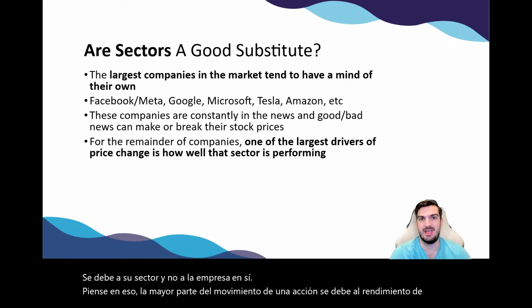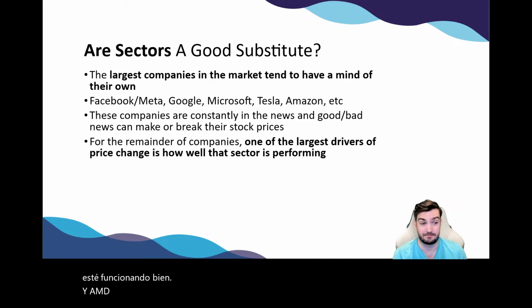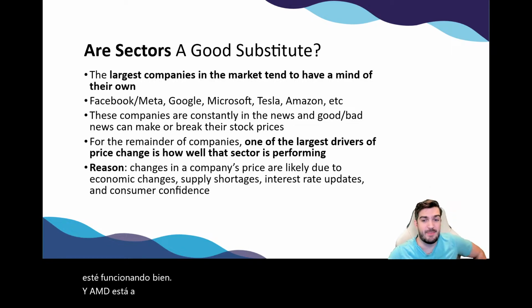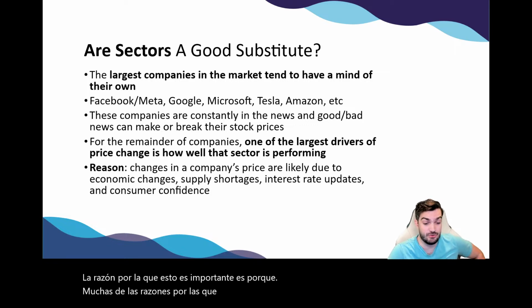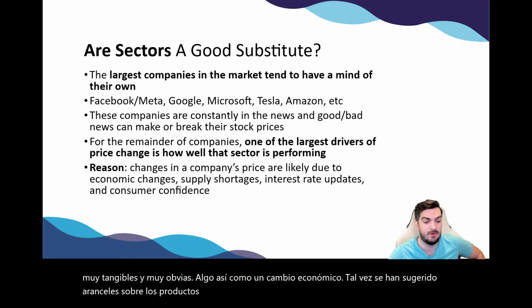So if we see AMD is performing well, it might be that technology is performing well, and AMD is just along for the ride. The reason that this matters is because a lot of the reasons that these stocks' prices change is due to very tangible and very obvious things. Something like an economic change. Maybe there's been tariffs suggested on imported products from certain countries. For example,